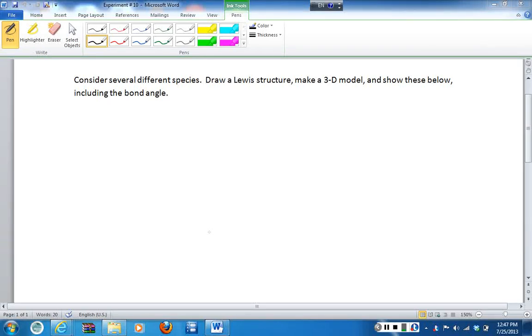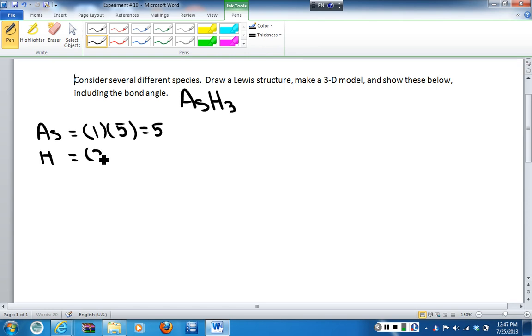Okay, so for our next example, we are going to look at AsH3. If we're asked to generate the Lewis structure for this particular molecule, we know that arsenic is in group 5, so there's one of them. And with hydrogen, we know that there are 3 of them, and each contributes 1 valence electron because they are in group 1. So we know that when we are all done, we should have 8 valence electrons